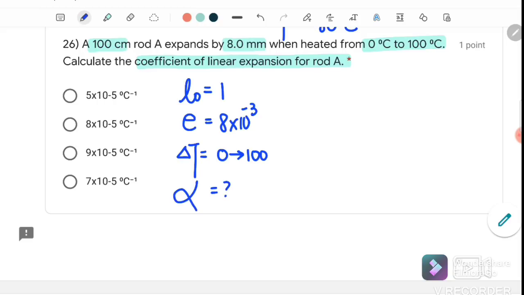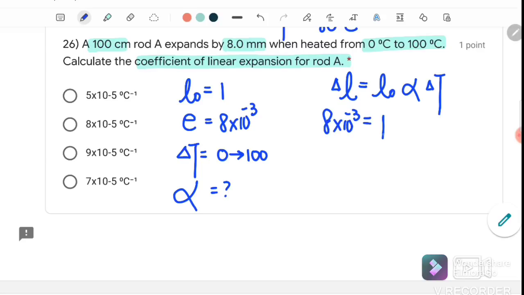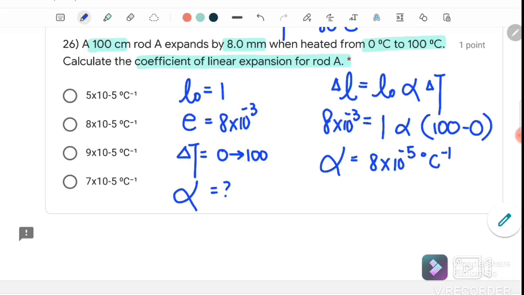For question number 26, we can use the change of length equals L0 times the linear expansion coefficient times the change of temperature, where delta L is the elongation, 8 × 10^-3, L0 is 1, alpha we don't know, and for the temperature we must take final minus initial, where final is 100 and initial is 0. Therefore, alpha we will get 8 × 10^-5 per degree Celsius. So the answer here is